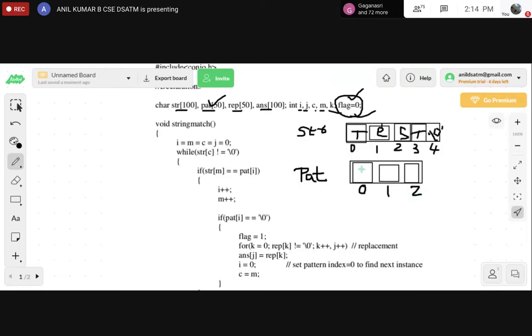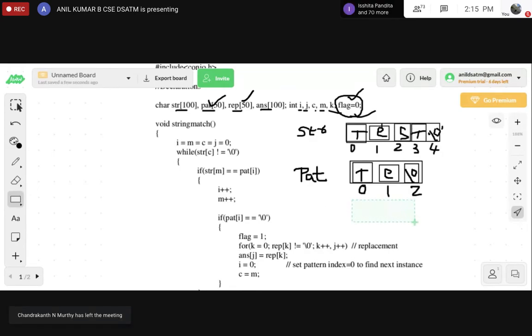The given pattern string to match is T, E and a null character \0. So the input string is str, and the pattern string is two letters we have taken, T and E. One more input required here is rep, that is, the replacement. Wherever TE is there, we have to replace it with whatever data you want to give. So this is the replacement string.